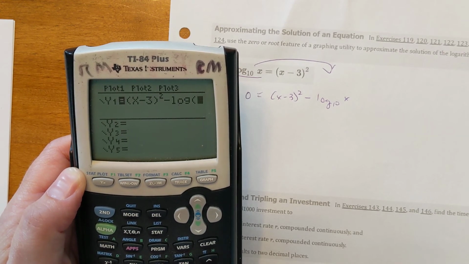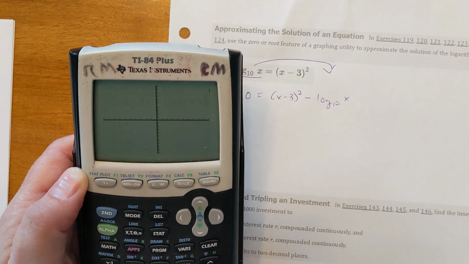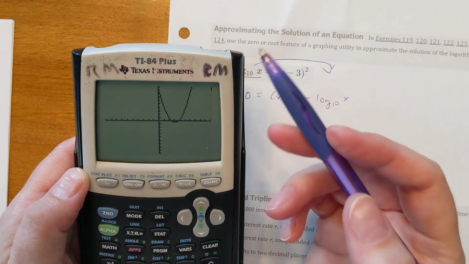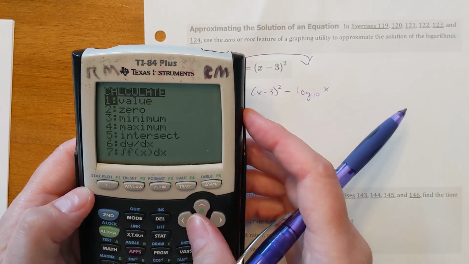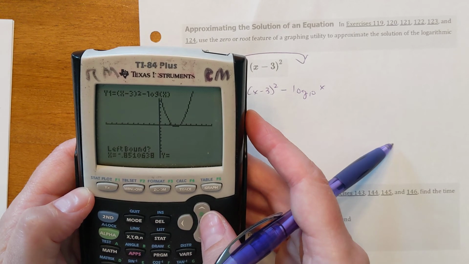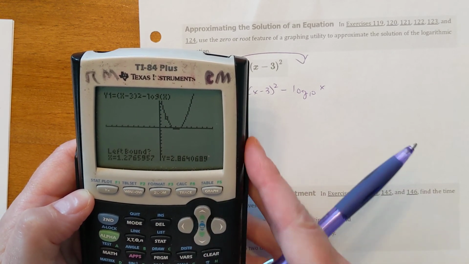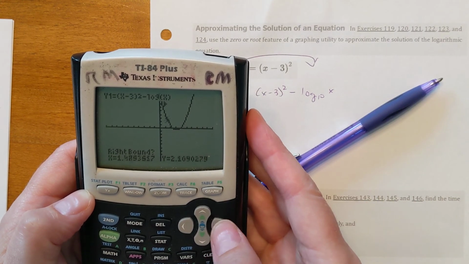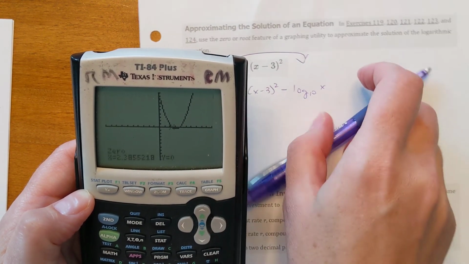It's to the base 10 already, so I don't need to put another 10 on it. That's what the base of log is. It's always 10. And then graph. And then you do second calculate the 0 and find those two zeros. So second calculate the 0. Pick a point to the left. Where's the mouse? He's got to come back. There he is. So enter, and then go to the right, to the bottom of the hill past the 0. Enter again, and you get